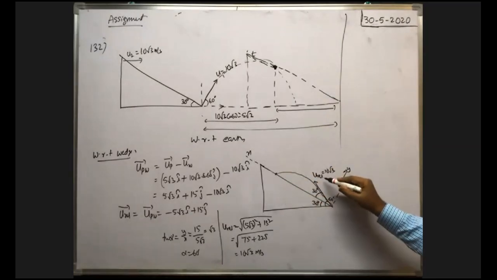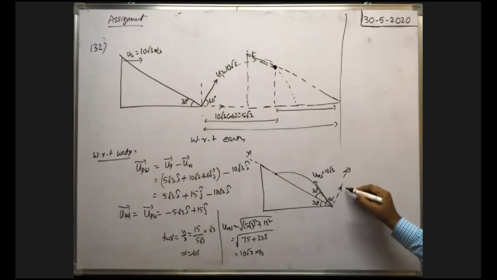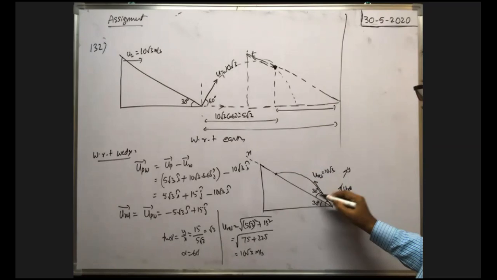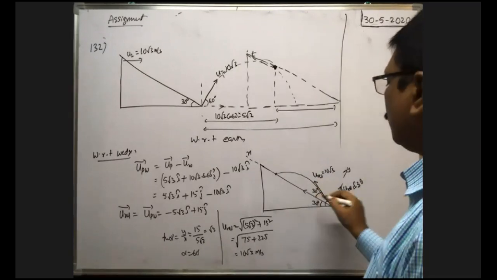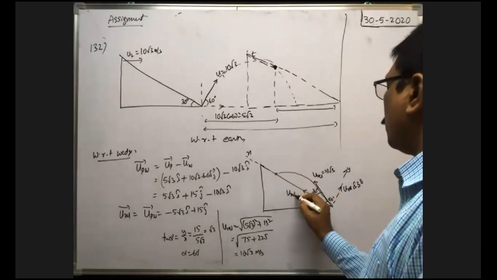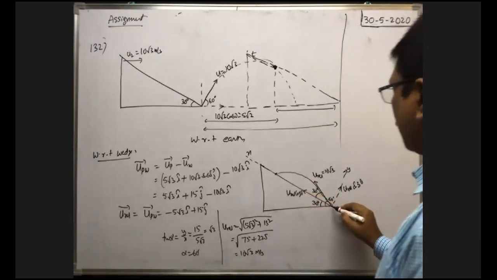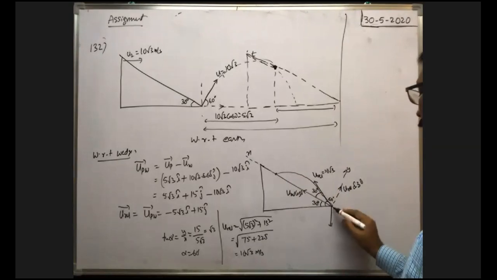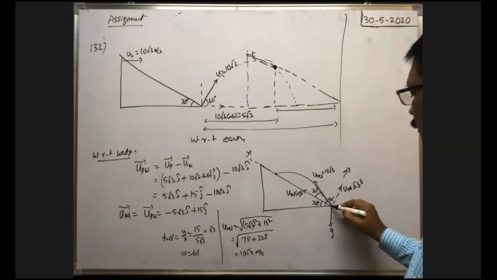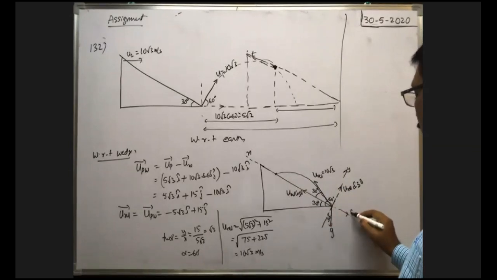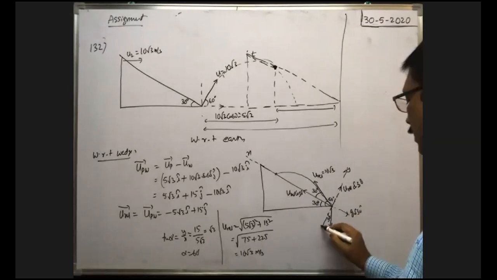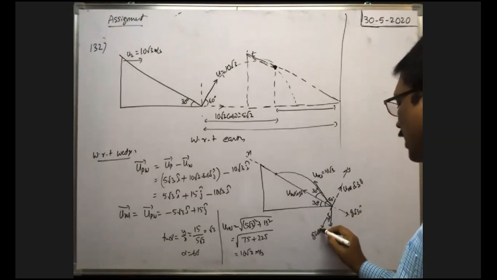You see, relative velocity is in this direction. Its component along y-axis is u relative into sine 30. Along x-axis, u relative into cos 30. Acceleration of the particle is g in this direction. Along x-axis, along y-axis, if it is 30, this is 30. Then this component is g sine 30 and this component is g cos 30. I think you can do as usual.